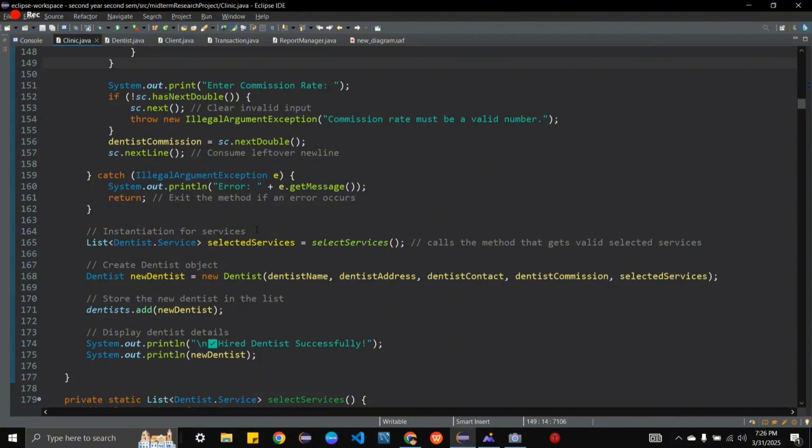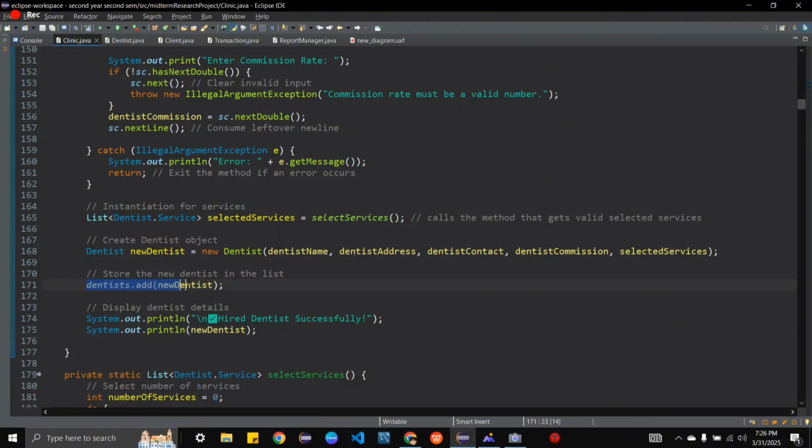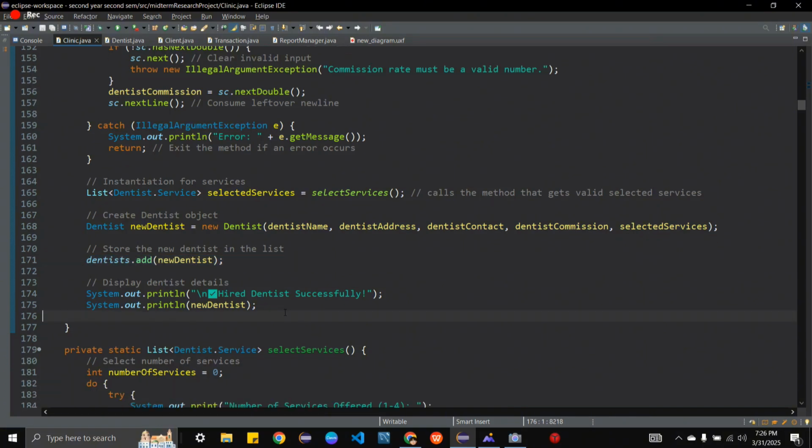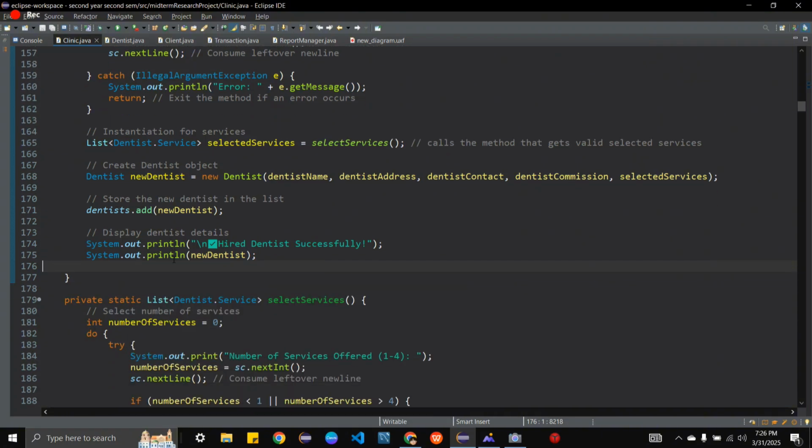So we have a list of dentist service. So dentist service will be explained later on, and also the method used there. So now, after receiving all of that information, we will create a new dentist object that has the user inputs as parameters. Then, we will add it to the dentist list. So basically, that is the hire dentist, or that is how it works.